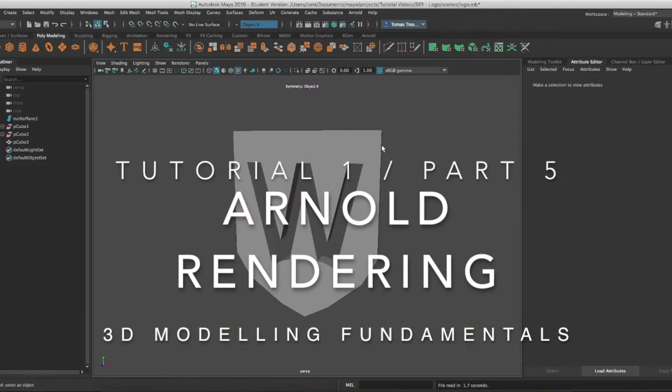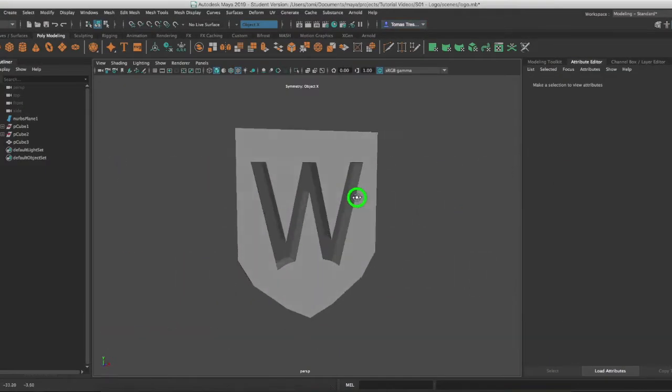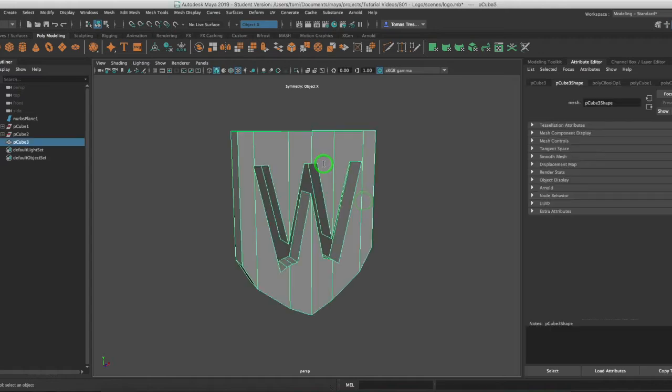Okay, let's see how we can use Arnold to make a really beautiful shield, right? I'll do something similar to what I did in the previous video, where I first assign a material to the shield with the color of the reference image, but I'm going to do several things differently. The first thing I'm going to do is add a 360 background, which is an HDRI